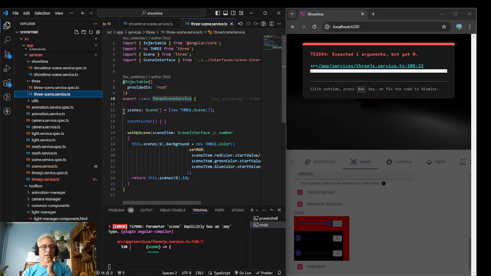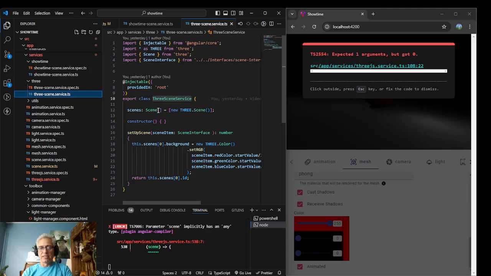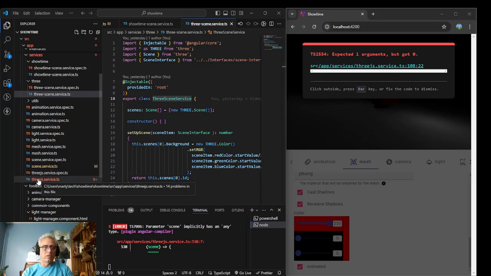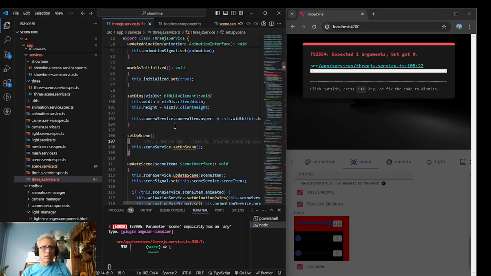So we actually do have one, so we will already have a scene available, and because it gets created over here. So let's go back. Let's see, Alt left, hill, Alt left. Okay, so